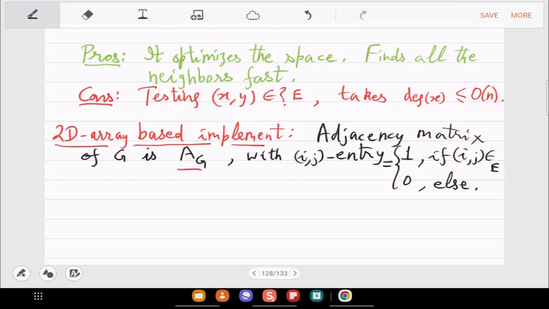So A_G is a matrix of size n cross n, because i and j take values 1 to n. The ijth entry tells you whether that's an edge or not. So it's a 0, 1, Boolean n cross n matrix.